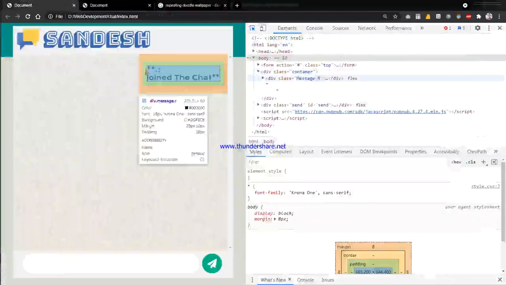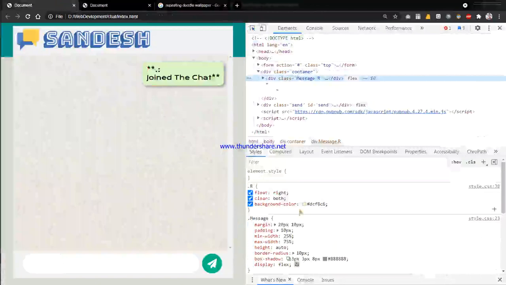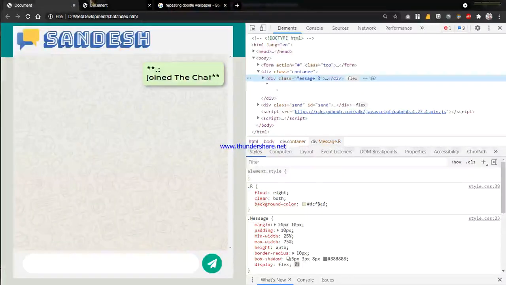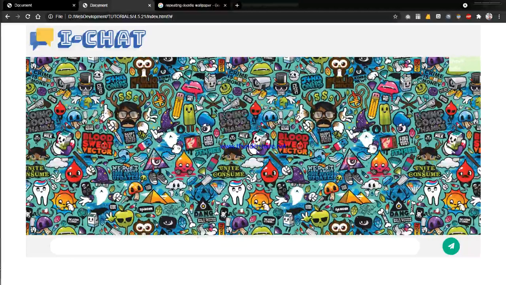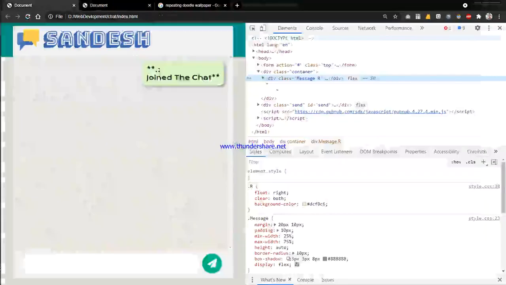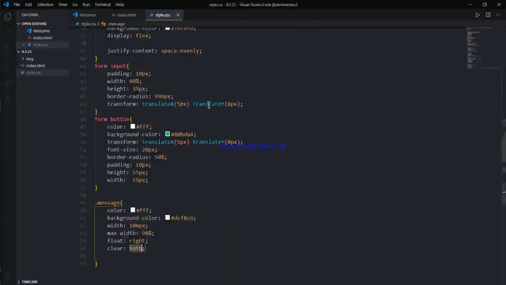And here, as we see, it is kind of inside. Clear both. We can try clear both. Does it make a change? Nope. It doesn't make a difference. I was just checking.